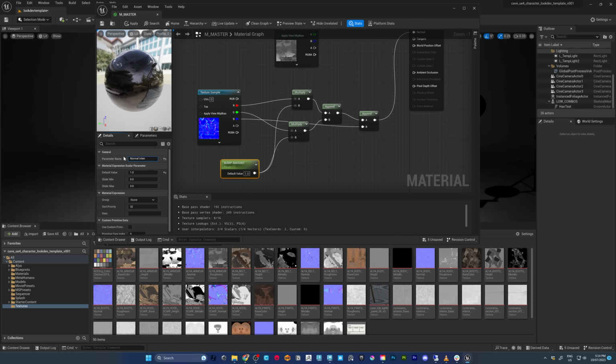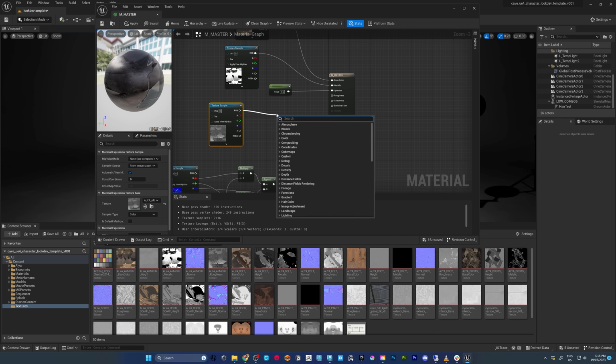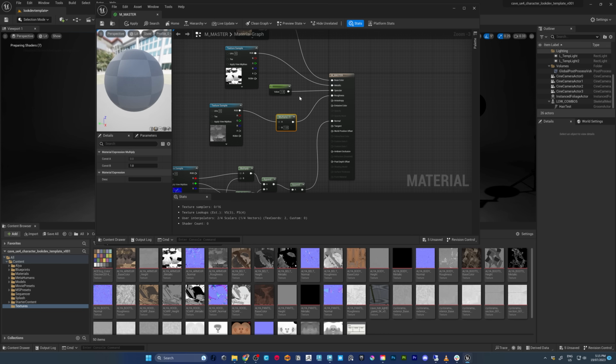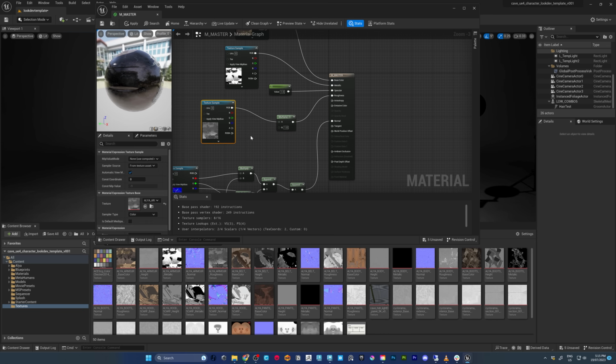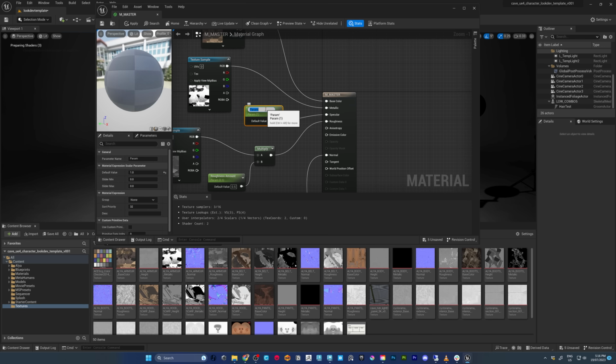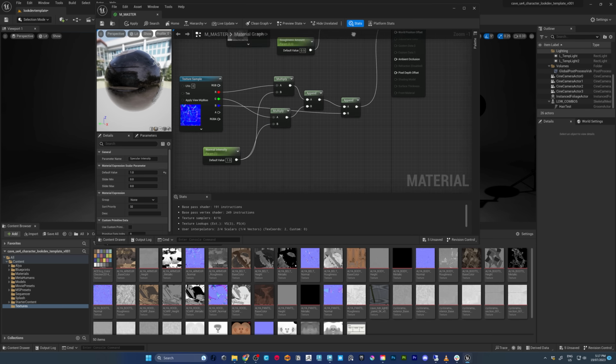And then what we're doing here, we're going to do this for every single texture. So we're going to add a multiplier, and put that into where it's supposed to go. You can see that's how it is out of the box. We're going to hit 1 and then click, and it's going to give you this one constant. Convert it to a parameter, and then call it what it is. So this will be the roughness amount. So all of these we're going to be converting to parameters: specular intensity,